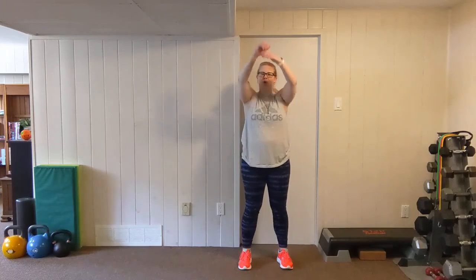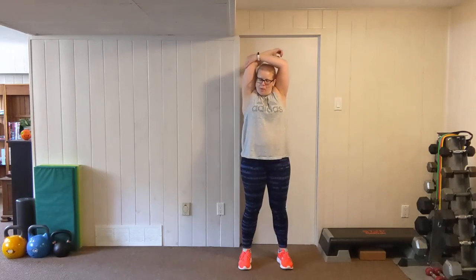Take it over to the other arm, one last stretch here. Bring it up, place your elbow in the middle of your back, lift through the chest, and then push the back of your head into the forearm. Breathing through it, really lengthening here through that tricep. Exhale. And lower that side down, shake up the